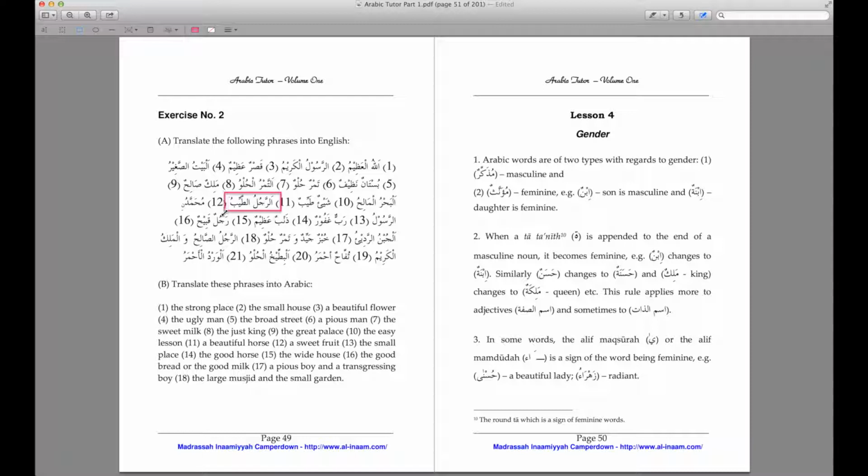Ar-Rajulu Tayyibu, a good man. Muhammadun ar-Rasulu, Muhammad sallallahu alaihi wasallam, the prophet. Rabbun Ghafurun, a forgiving Rabb. Dhambun Azimun, a great sin. Rajulun Qabihun,